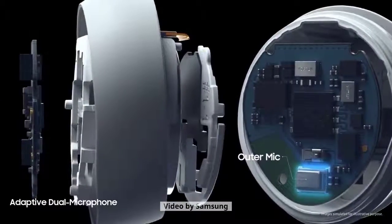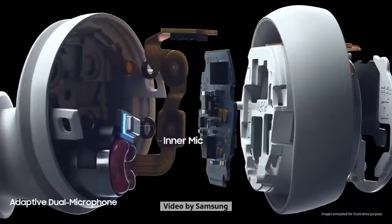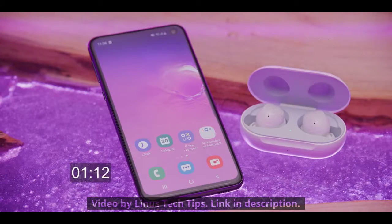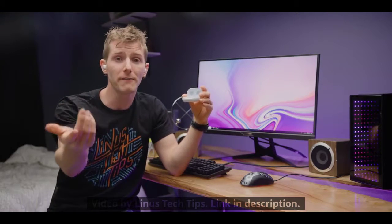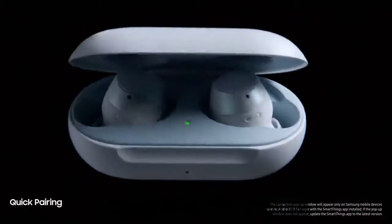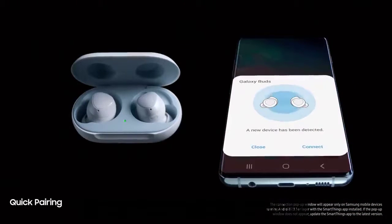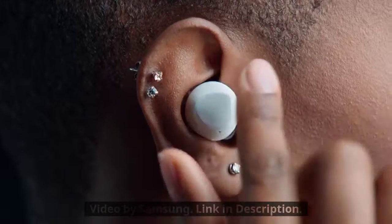These are wireless Bluetooth earbuds that work with iOS and Android. They work best with those Samsung devices. It actually took 9 seconds for popular tech reviewer Linus Sebastian, from Linus Tech Tips, to automatically pair his Galaxy Buds with his Samsung device. So a lot like your everyday AirPods and those kinds of earbuds, these things are